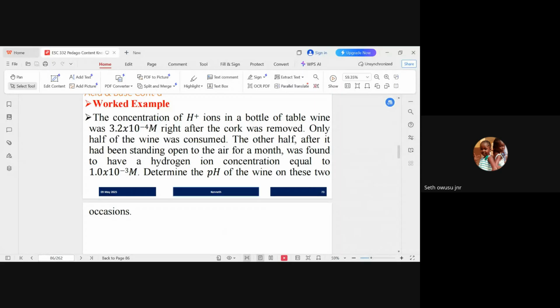Please, the question requires that we find the pH of the wine when it was first opened. Then also the pH of the wine when it was left for about a month. Okay, so both concentrations have been given. So what I did was that I quoted